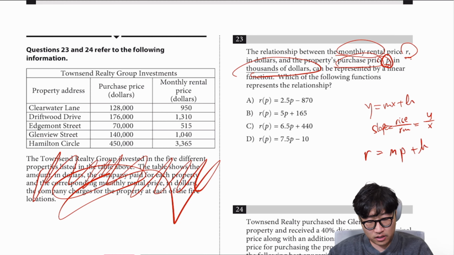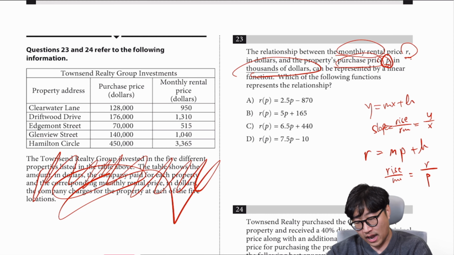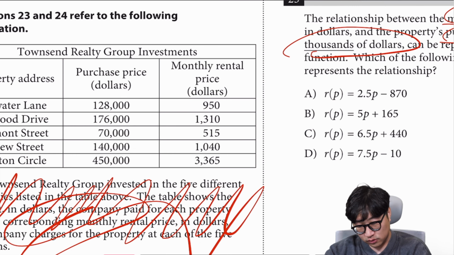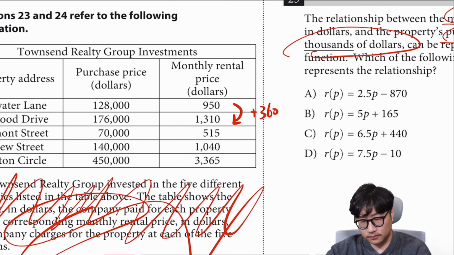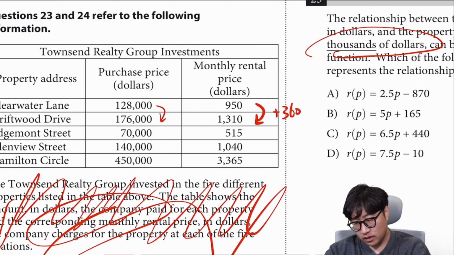So slope would be rise over run, which in this case would be R over P. So R would be the y, and P would be the x. First of all, let's count the rise. I'll just grab the first two. So that would be a rise of plus 360. And then the run would be